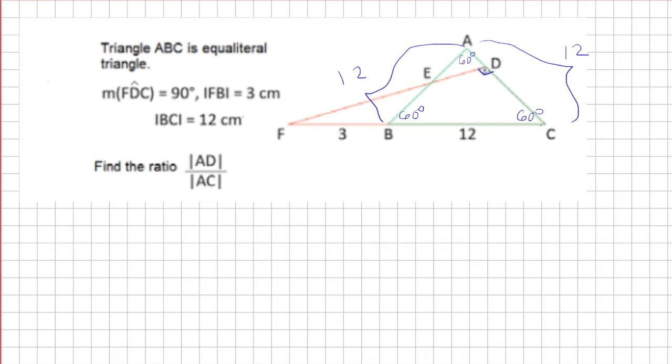This is 90 degrees. This is 60 degrees. So this has to be 30 degrees because it has to add up to 180. So 90 plus 60 is 150, plus 30 is 180. And now we need to recall, if we have a 30-60-90 triangle,